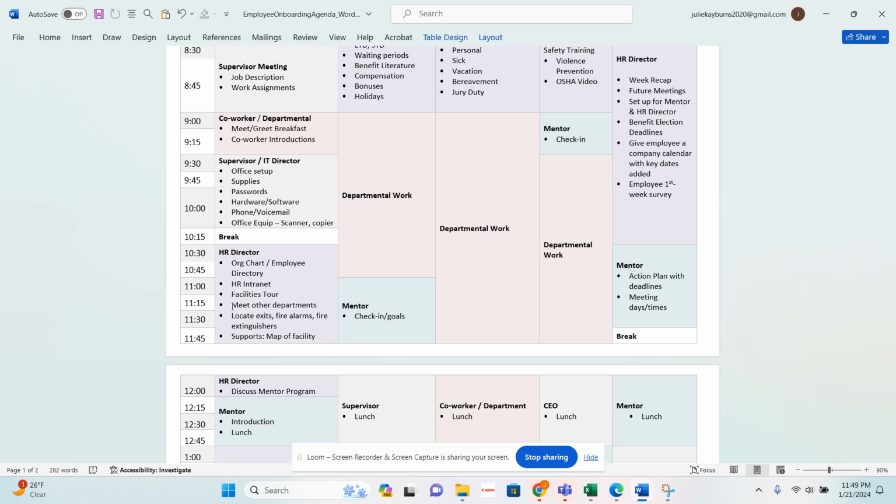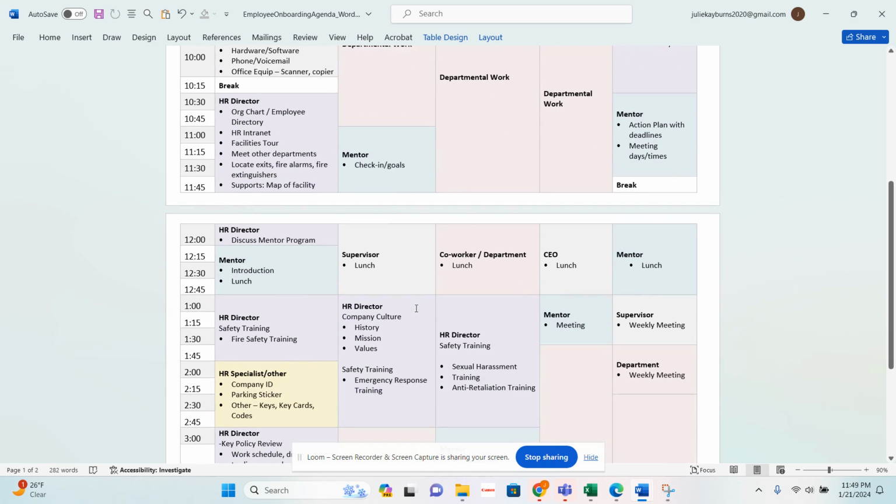And moving forward, you'll see in most companies there is a fire training and fire evacuation every single year via OSHA. So, map of the facility, meet other individuals and other departments, and also discuss the mentor program.